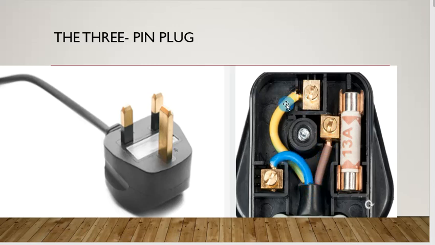Then we have this cable here, which is the earthing. So the earthing can be yellow completely, or it can be green completely, or like in this case shown here, it can be both green and yellow at the same time. So it has yellow and some green stripes, like you can see there. So it is very important for you to remember the color coding for a 3-pin plug. The live is red or brown, the neutral is blue or black, the earthing is yellow or green, or it can be yellow and green at the same time.